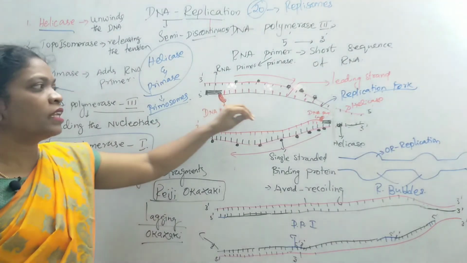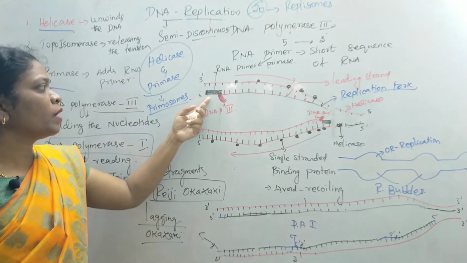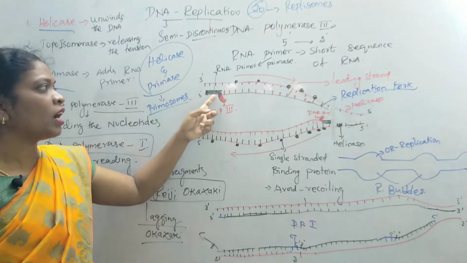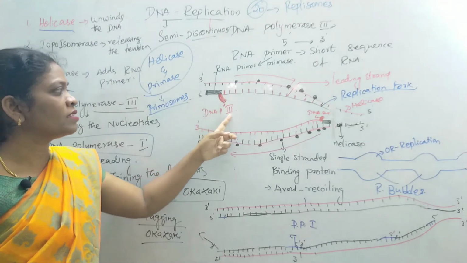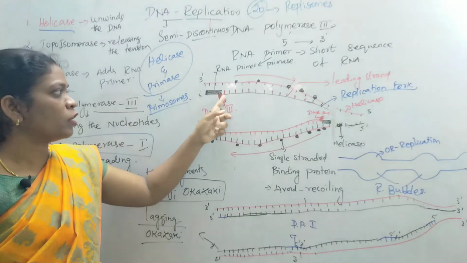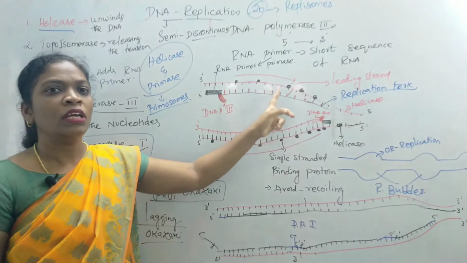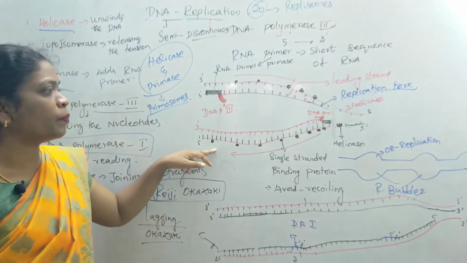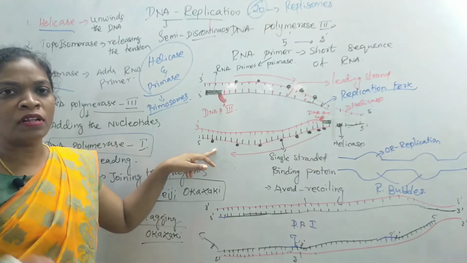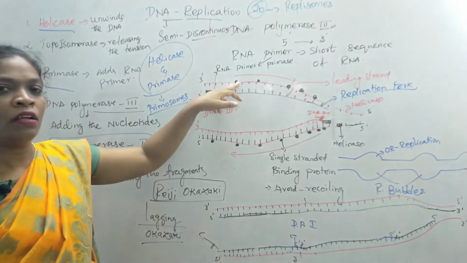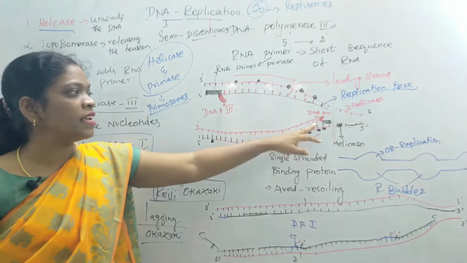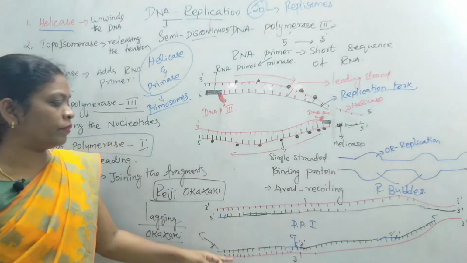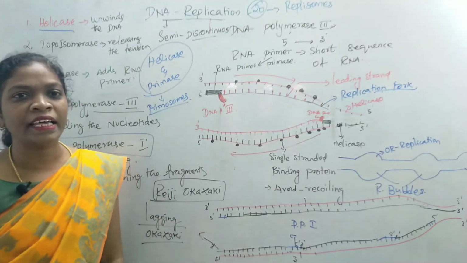So what happens here? The DNA gets separated. The RNA primer is attached to the 5' end of the daughter strand, and along with that DNA polymerase comes and attaches here, and starts to add nucleotides to the new daughter strand. In the other strand it happens in the opposite way, where the formation of the new strand is just opposite to the other strand. So it starts synthesizing the chain from this side towards the 3' end. Due to that, we get discontinuous strands on the lagging strand.